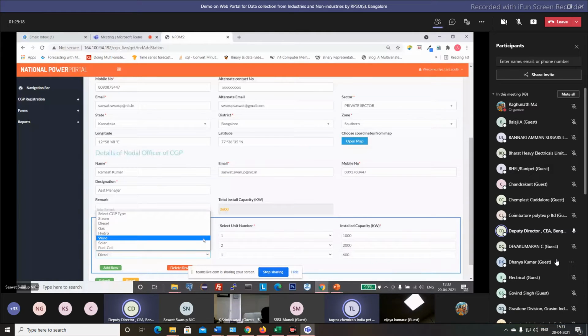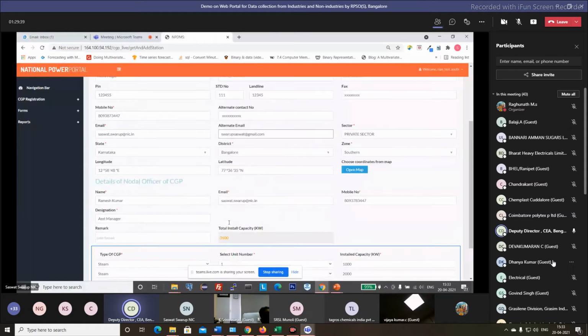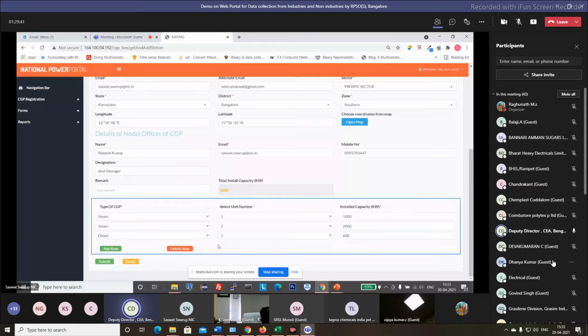Okay. You have to select the diesel option. Then the number of units. If you have more than one unit, you just add the line items and select the DGs. If you have more than one DG, you can select the line items and add them here. Add the DG here itself, the standby DG. Everybody is having a standby DG only, correct? Nobody has a DG generator, I think.